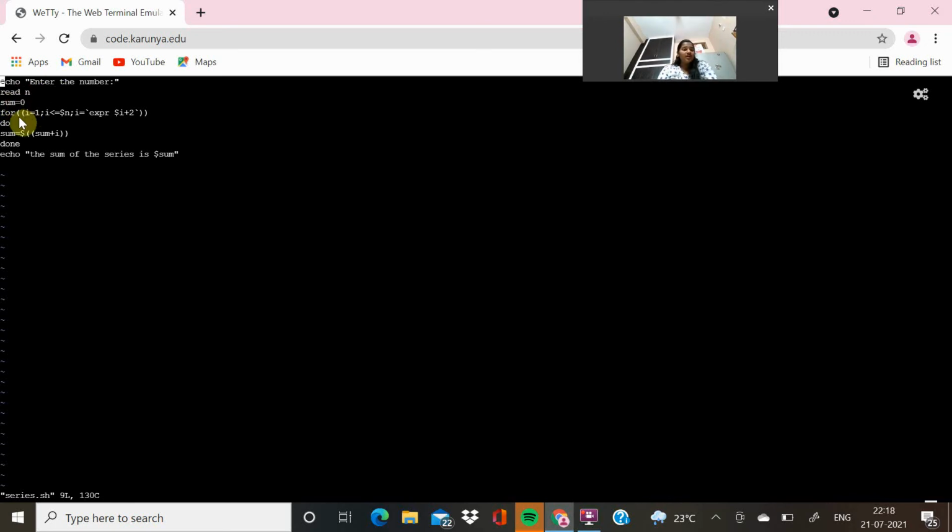Then for i equal to 1, i less than or equal to n, i equal to i plus 2. If we do not give this dollar symbol, then it will not execute. Next, do sum equal to sum plus i. Done. Then we'll be getting echo the sum of the series is. That means we'll be getting the sum that we have got for the series.